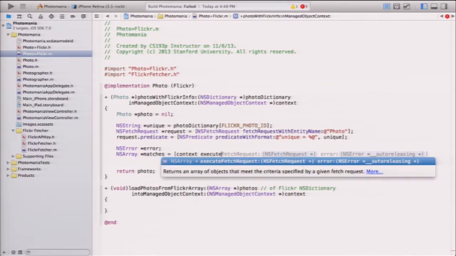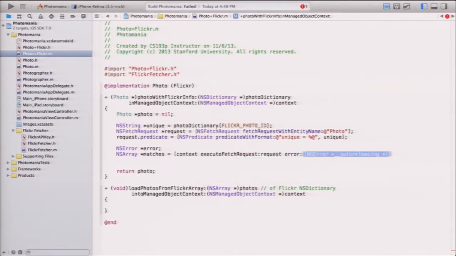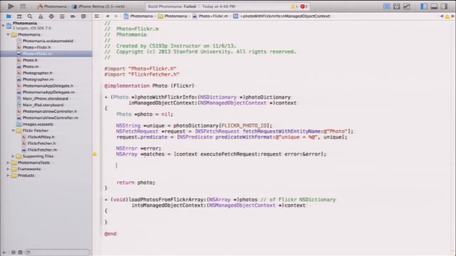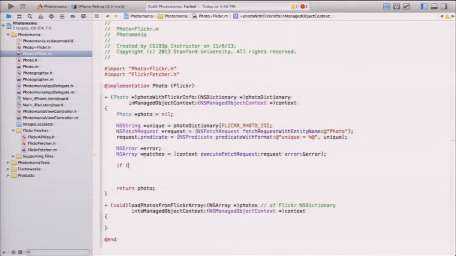Okay, execute fetch request, and if there's an error, return an error. So now I've got those photos. Hopefully, in this case, a matching photo, or maybe not, has been pulled out. Now, this matches can have a number of different states or different values. One thing is, it might be nil. If it's nil, or this error is not nil,